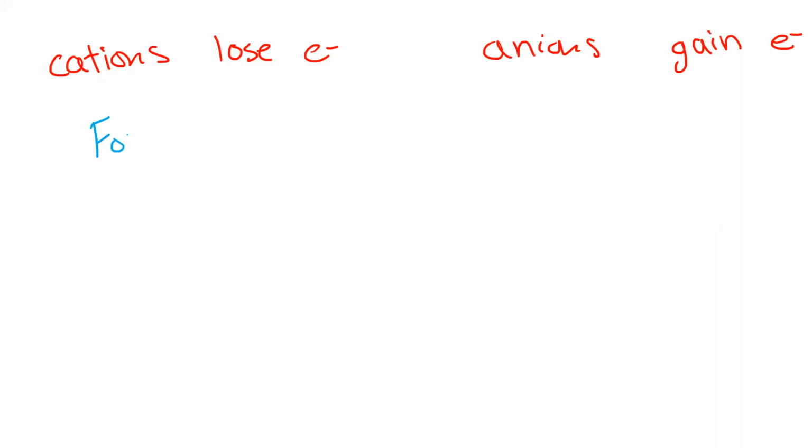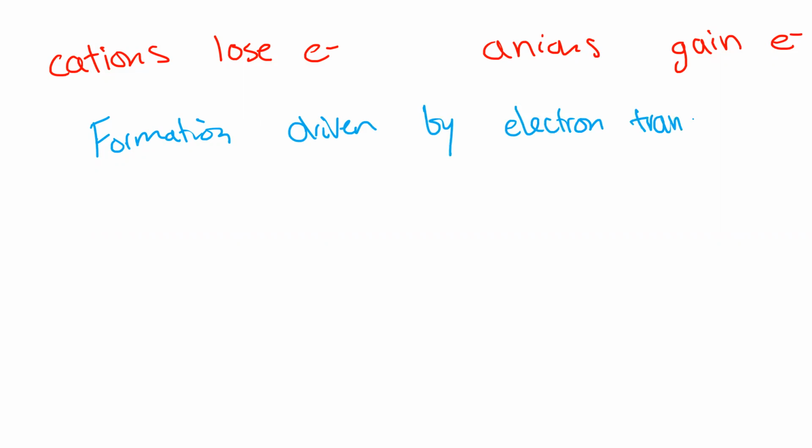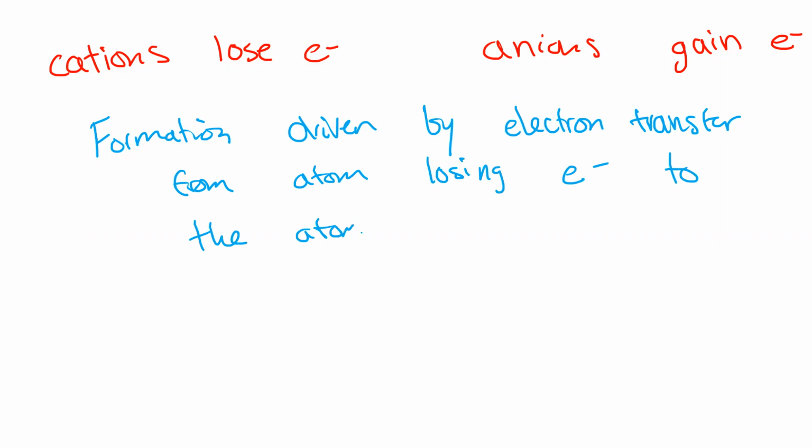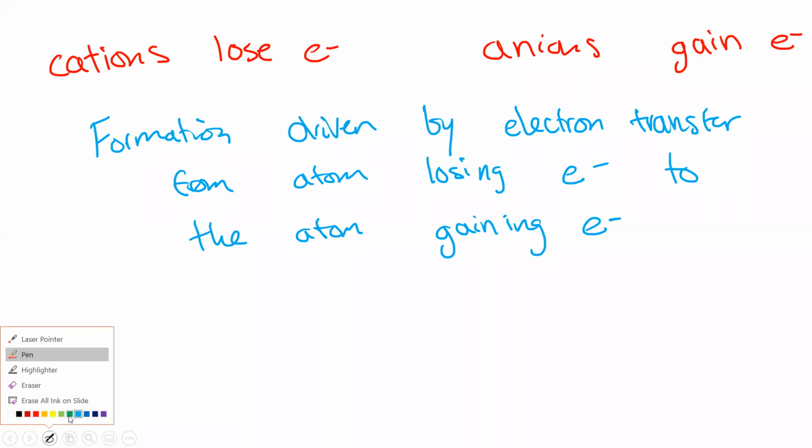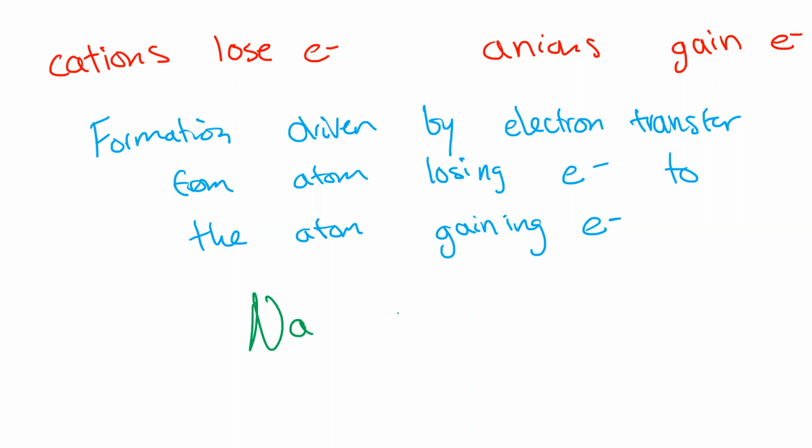The formation is driven by electron transfer from the atom losing the electron to the atom gaining the electron. And the classic example of that you'll have seen in your book is something like sodium, and